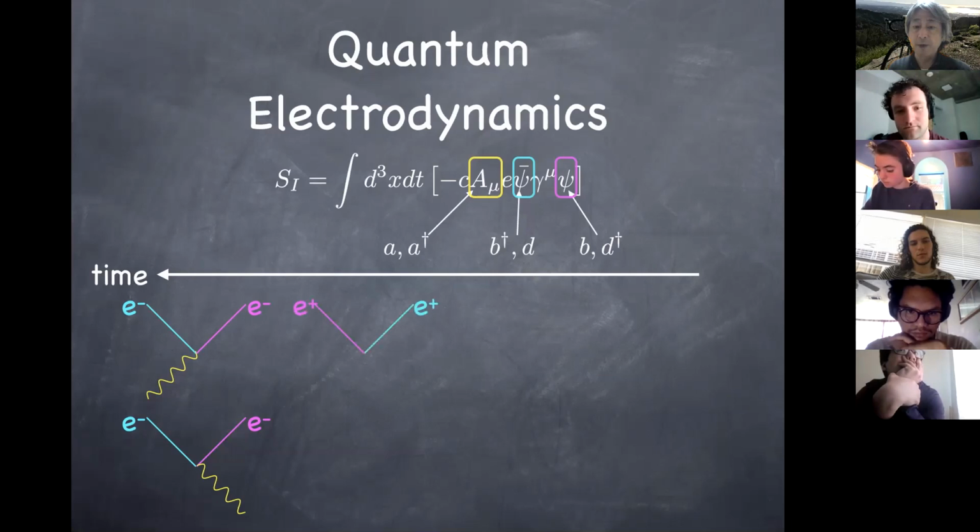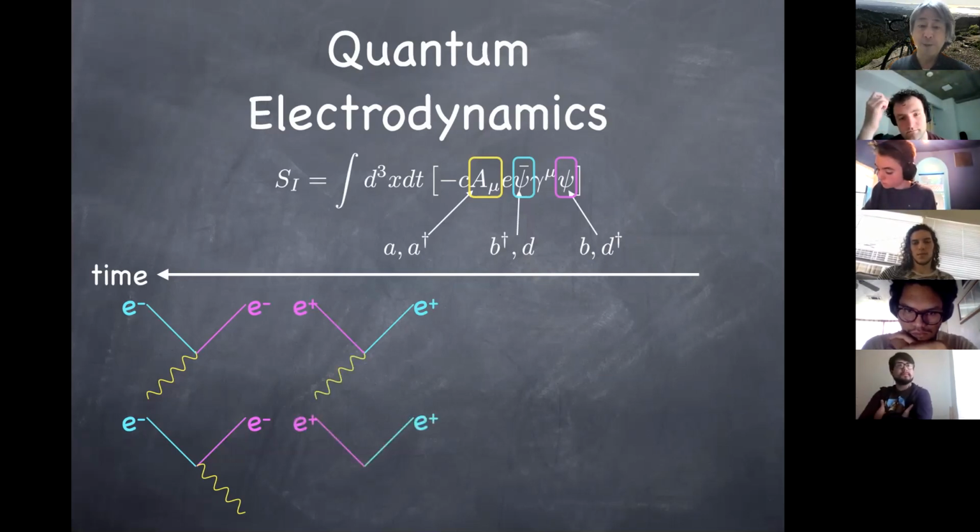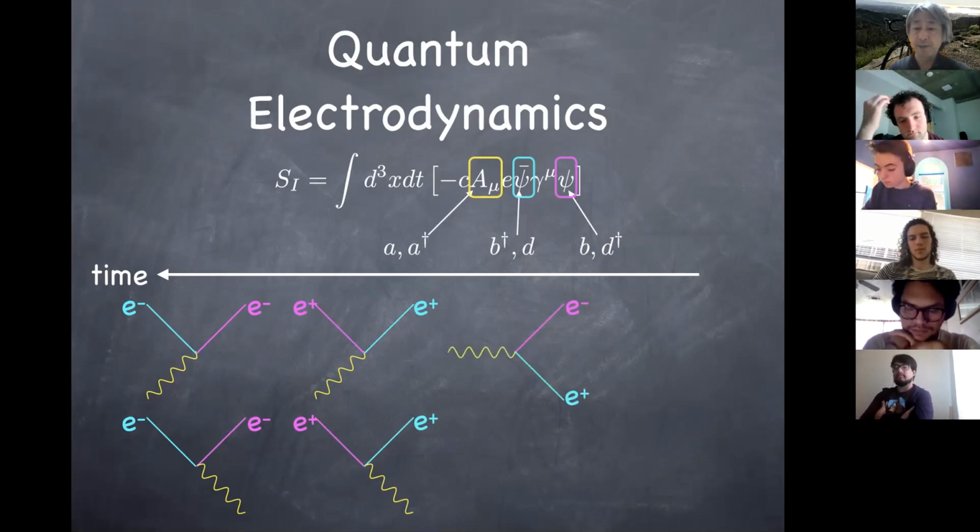We also talked about the positron. So D annihilates the positron in cyan. D dagger creates a positron in magenta. So that's this combination over here. And again, it can absorb or create a photon, depending on whether you pick the annihilation operator or the creation operator for the photon. And there are also new pieces which didn't exist in non-relativistic theories because matter and antimatter can